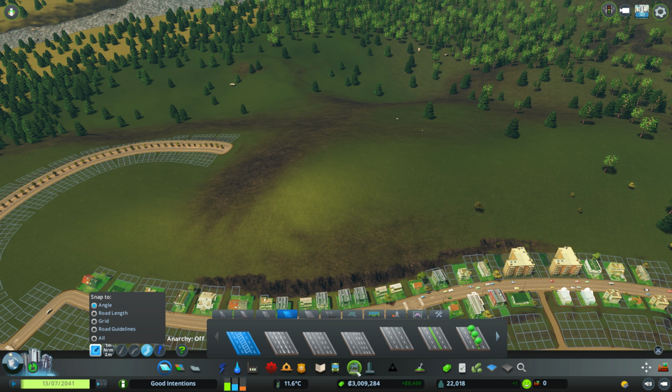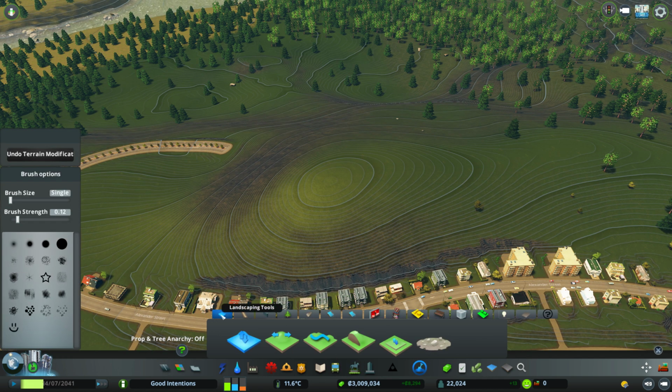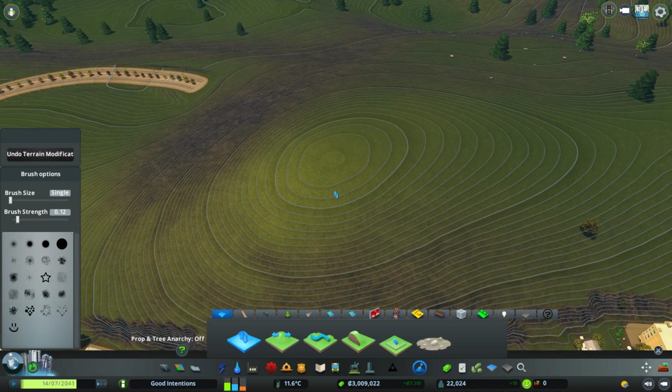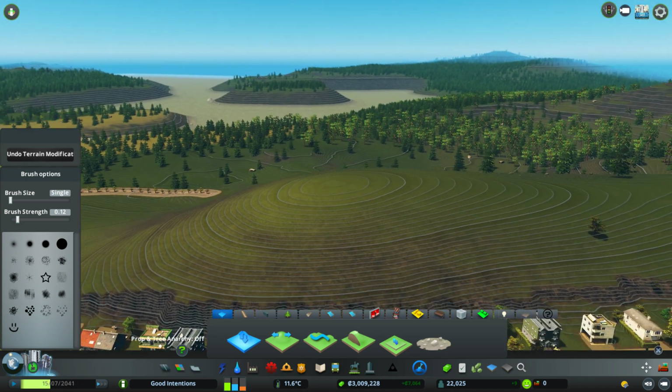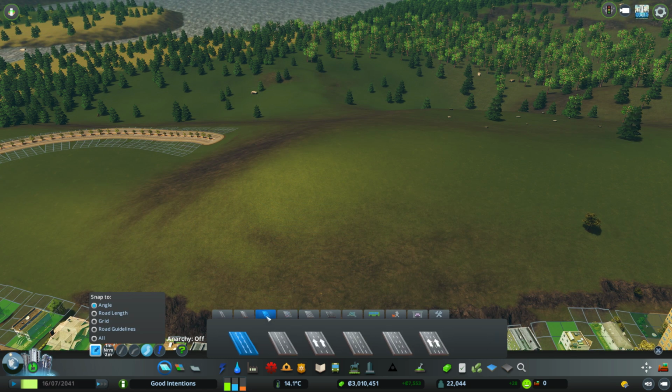Let me do this just to identify the highest point. Okay, that's pretty straightforward, right? So we want our observation tower to be right at the center there. And let's go ahead and put down a road. What kind of roads shall we use? Let's do something